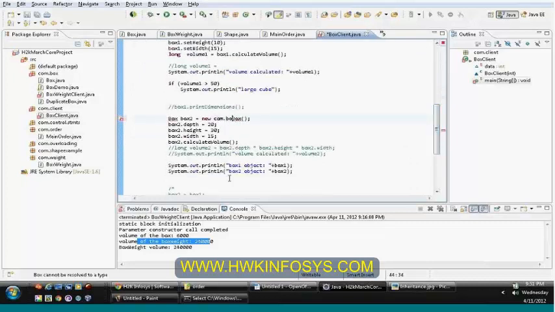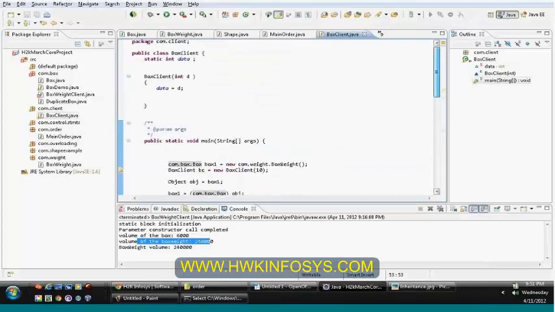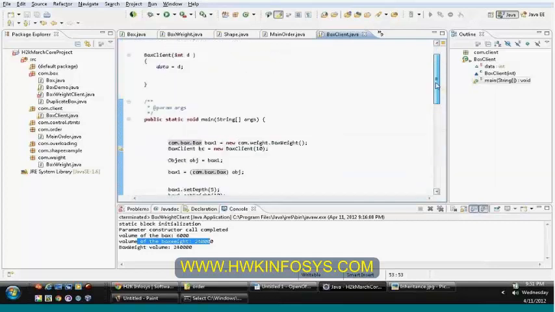Here also com dot box dot box, com dot box dot box. So now you can see that I don't have any issues and I'm able to successfully compile the file.